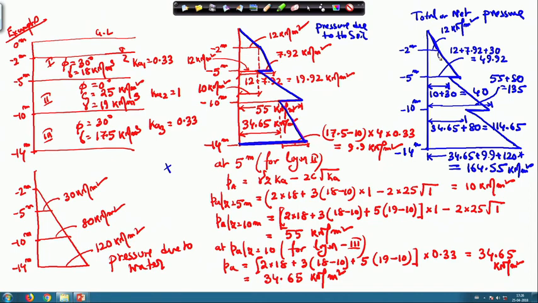Here also you can take the number of segments. So, these are the number of segments. You can take a total of 1, 2, 3, 4, 5, 6, 7 segments, and you can determine the P value in the similar way I have done in the previous problem. You can also calculate the y bar, the point of application of that force from the base of the wall.